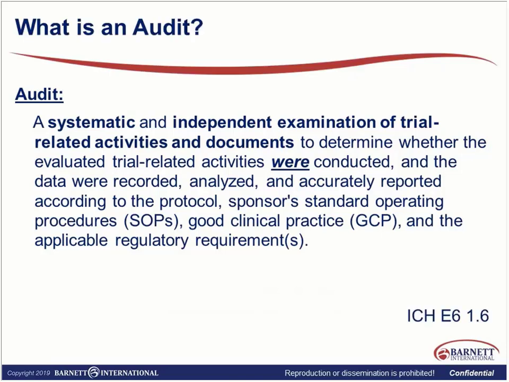So what is an audit? ICH E6 defines an audit as a systematic and independent examination of trial-related activities and documents to make sure, as you see here highlighted, that things were done appropriately. So auditing has typically been seen as an after event. The FDA has been cited for this as well in terms of coming in after the data has been